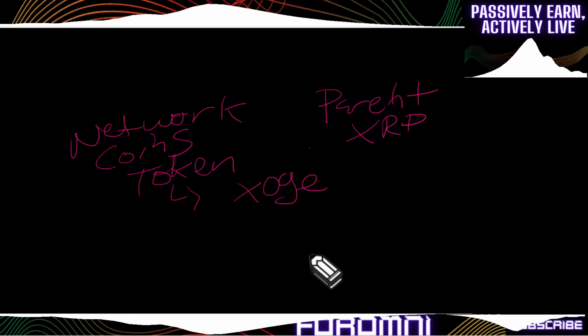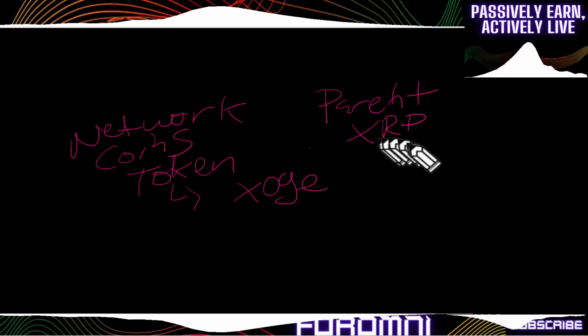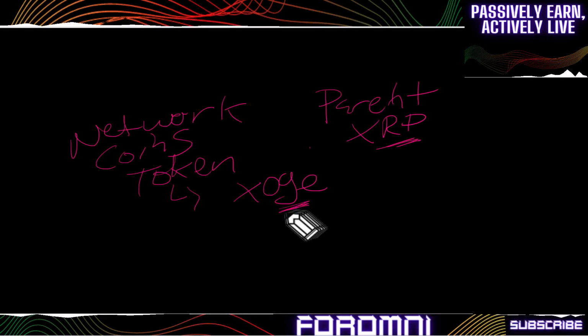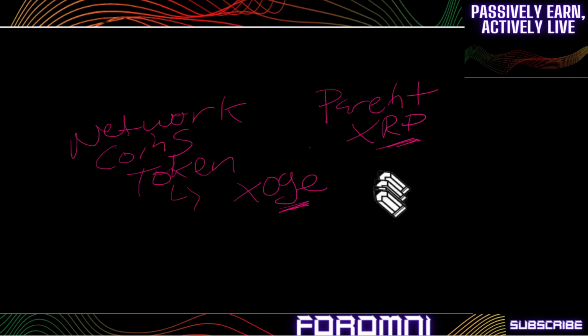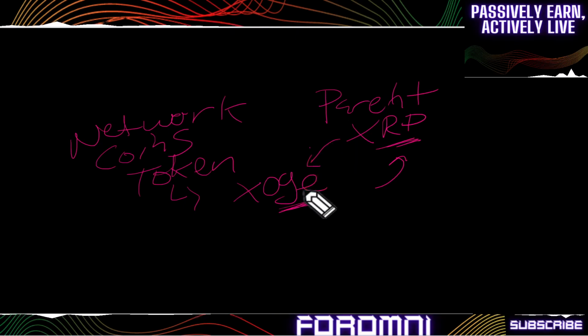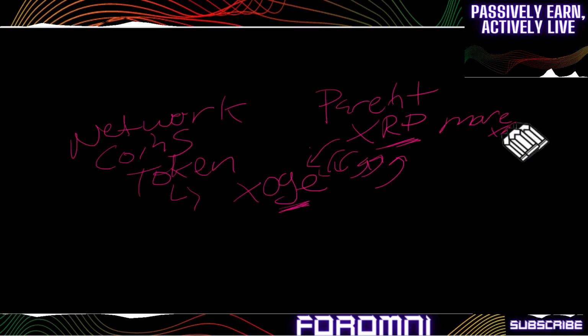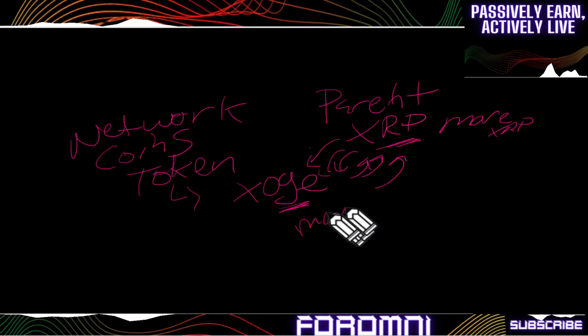All right. So in order to arbitrage and to get more XRP, if that's your goal, you would want to buy Xoge at a low price and then sell it at a higher price back into XRP. So you would have XRP, you sell XRP for Xoge, and then you sell Xoge for XRP. If you do that over and over again successfully, then as an end result, you'll have more XRP and possibly even more Xoge, because you're stacking up on both sides, right?